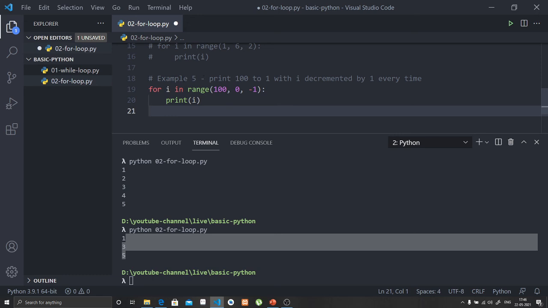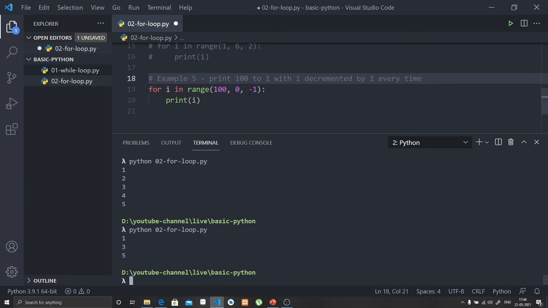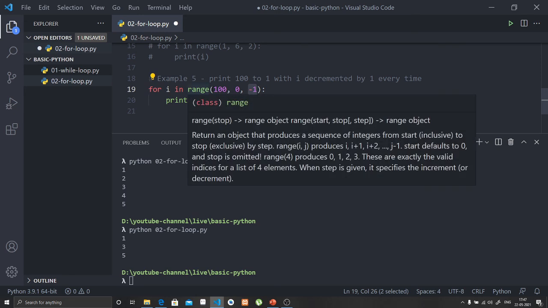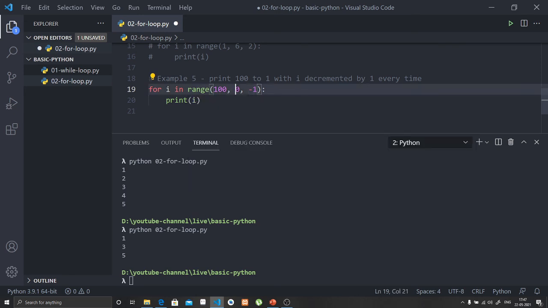This last example shows how we can print values from 100 to 1 with i decremented by 1 every time. To decrement a value by 1, we have to pass -1 here, and the start value will be 100 and the end value will be 0. 0 will never be printed because whenever the loop reaches 0, it will stop.